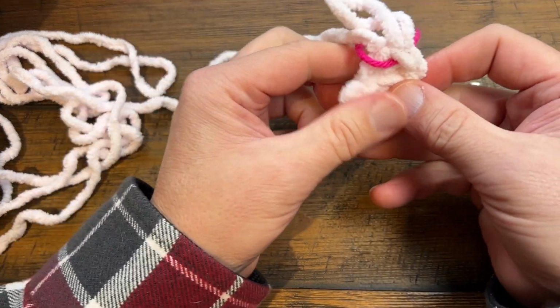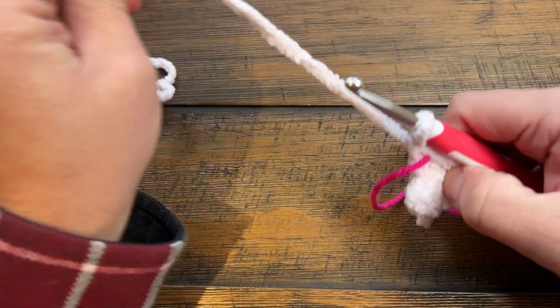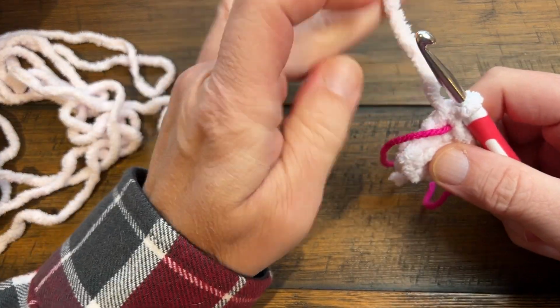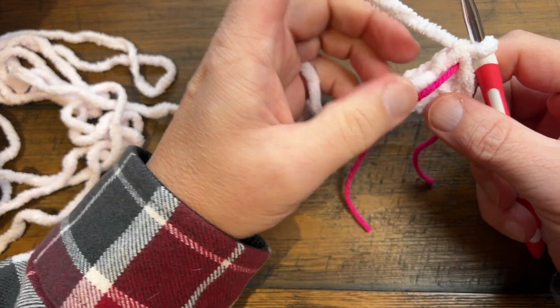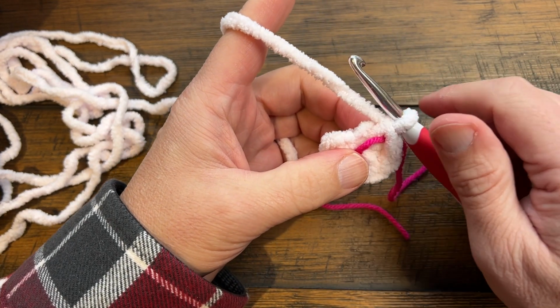Now I want you to grab your crochet hook and put that back into that loop and pull that loop back down. So we're never going to join the beginning or the last of each round. We're going to do it as a continuous circle going forward. Let's move along now to